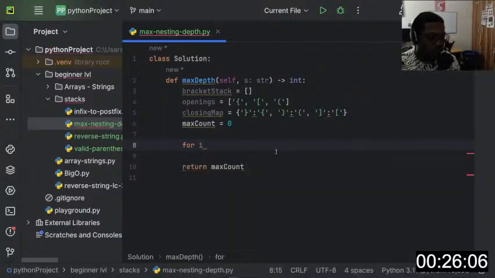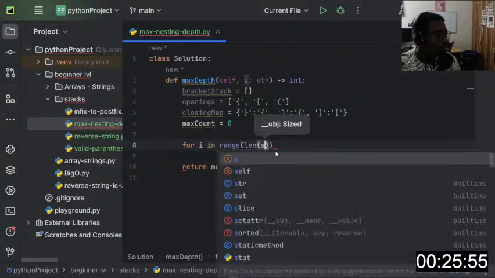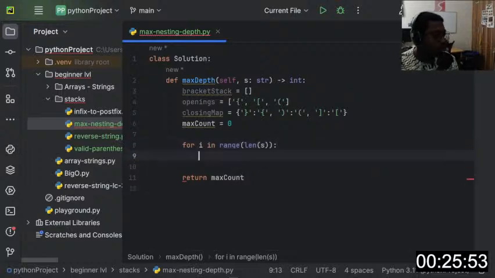So for i in range of the length of the string. What is the string? The string is s. Okay, so what do we want to do? Well, in this case we want to first of all check if it is an opening parenthesis, right? If it's not an opening parenthesis, then we must know that there's already an item in the stack, right? So if the string has i,